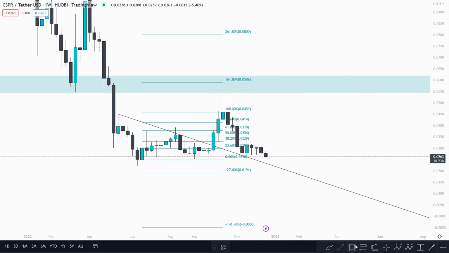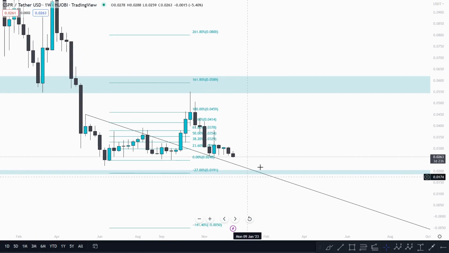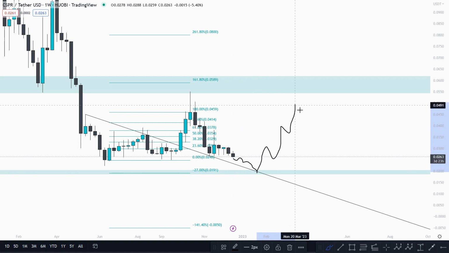So if we just mark this zone out, we'll mark it out as a zone because it can get a little bit tricky when anticipating a bit of manipulation. So if we make the zone a little bit bigger, something like that, that would really give us a nice key level that we try and focus on. So if you can imagine, if Casper started to come down, get that capitulation into January or something like that for Casper, down to around these levels, I think that would be then the point we are looking to get a nice move back up to maybe the 1.618, and this key zone lines up with the 1.618 as well. So really nice confluence here for Casper, and I think it just comes down to risk to reward now,